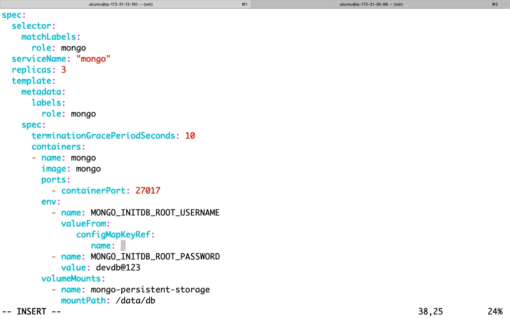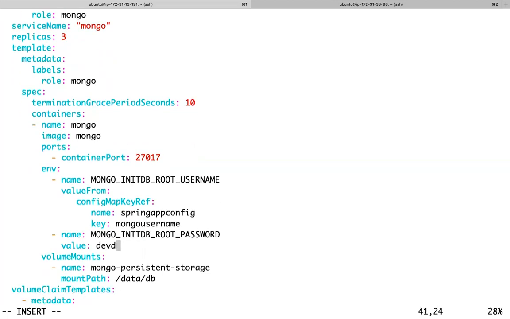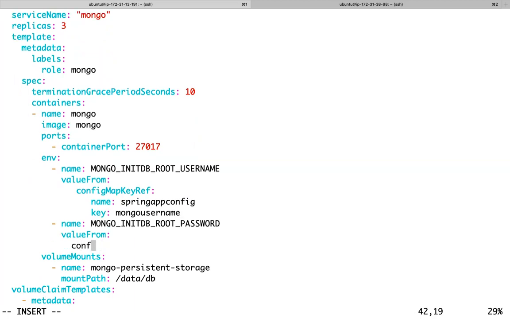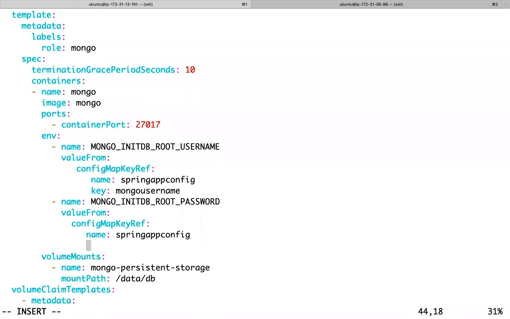Something like this. Name I will say Spring App config, key something Mongo username. Here also I will say value from config map key reference, name, that config map name, key. Here I will say something like this, Mongo password.